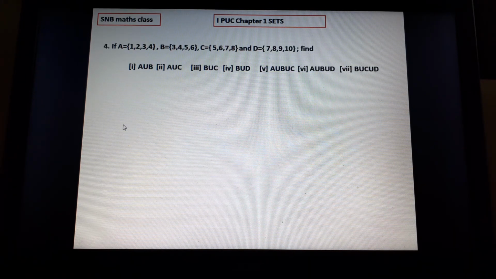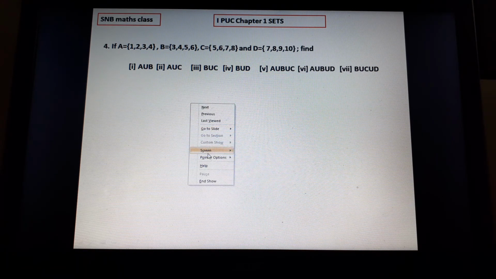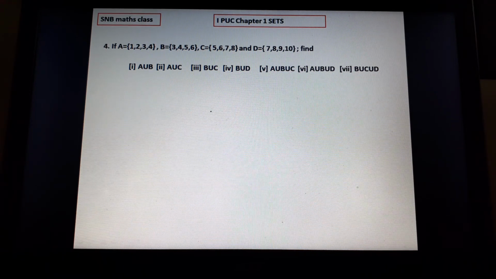Next question, fourth question. This is based on operations on sets. Here I need not do all the questions, only a few questions are sufficient. What is important here is not the difficulty, because anybody can do this type of question. But those who are studying sets for the first time should know this. This type of question is asked to test whether you know what the operations union, intersection, etc. are, and how to do them. So don't write directly.